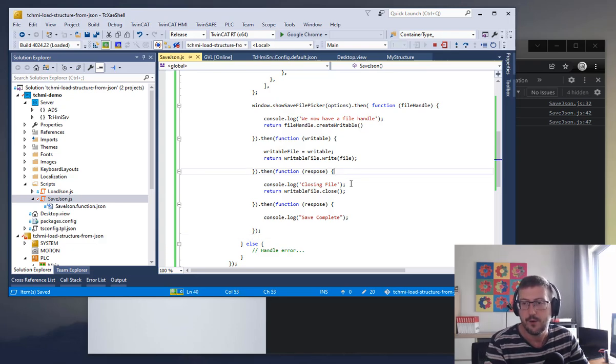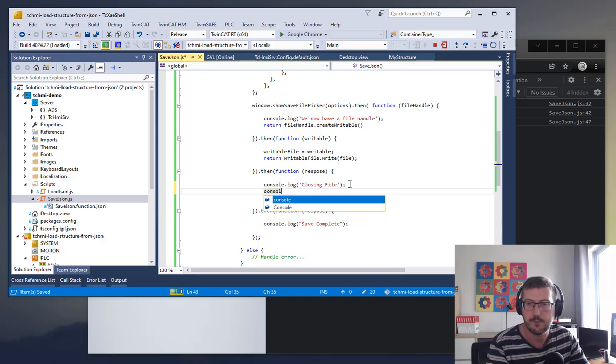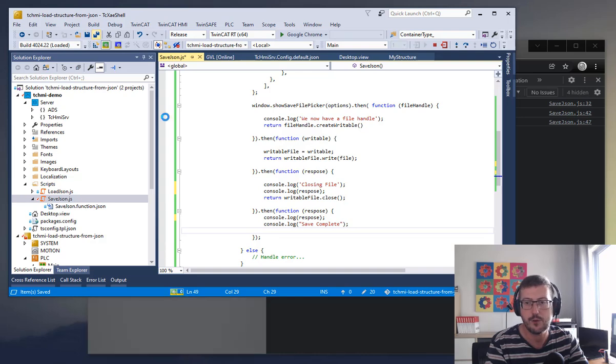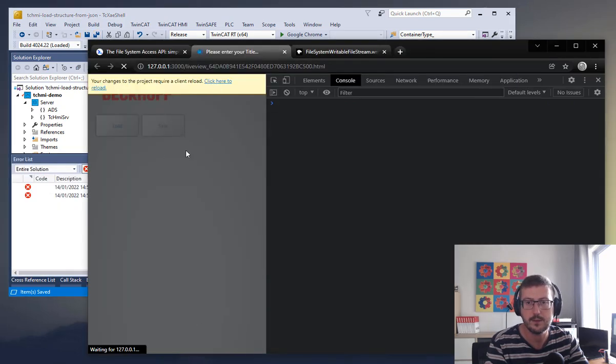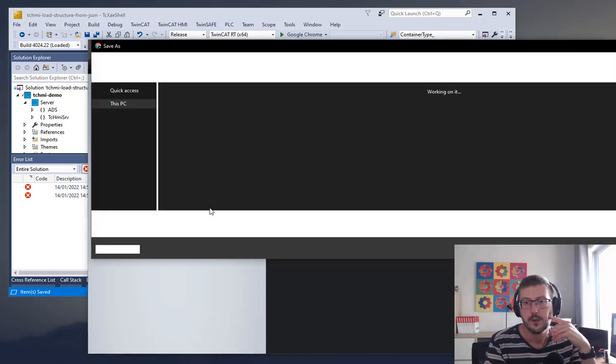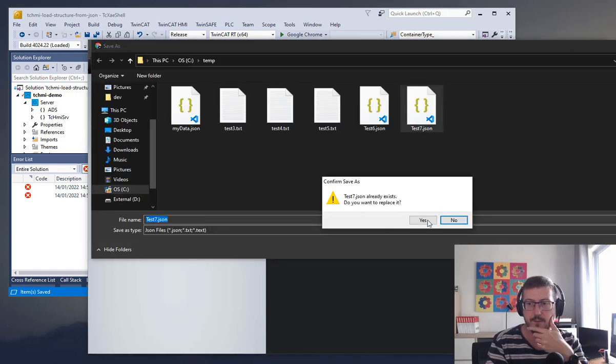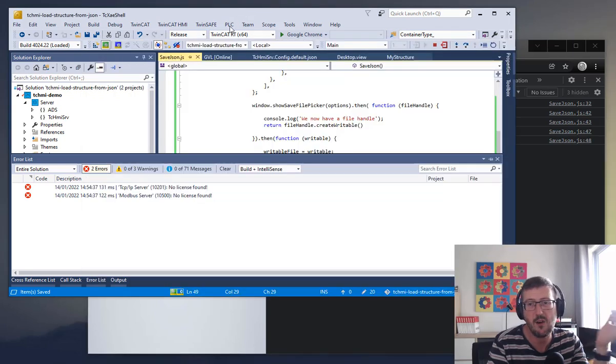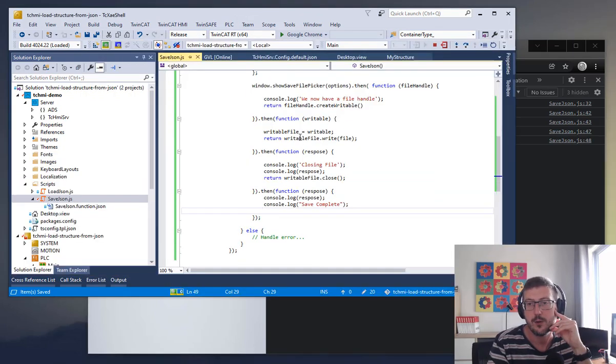Let's do this one. So closing file console.log response. Because I just want to see what is passing through to us, because you might find it's playing pass the parcel with itself. And if that's the case, we don't need to set this variable that we're passing around. So okay, I've got 2 of those in now. And do a save. We'll just save it over to 7. Undefined, undefined. So yeah, they're not actually passing anything back, which kind of makes sense, because all they're doing is well,